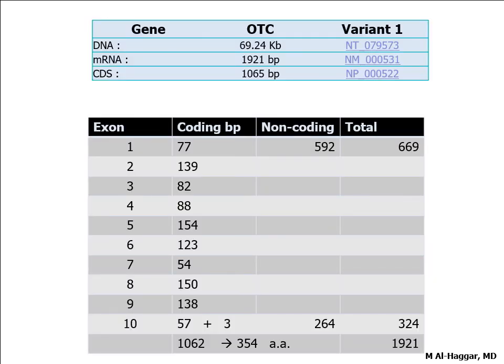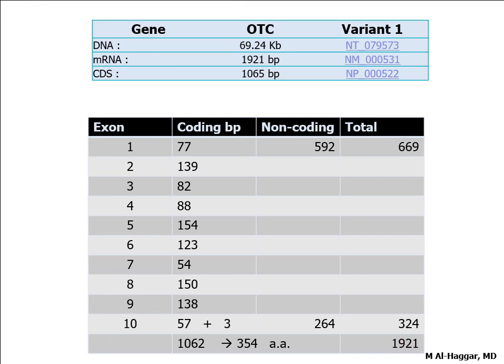Here, look at the statistics of the OTC gene. You notice that we have the coding bases in the 10 exons, and we have some non-coding intragenic DNA. The coding part includes 1062 bases, and if you divide this number by 3 you get 354 amino acids. So the OTC protein is composed of 354 amino acids, and the whole structure of the gene, including the non-coding introns and non-coding parts of the exons, includes